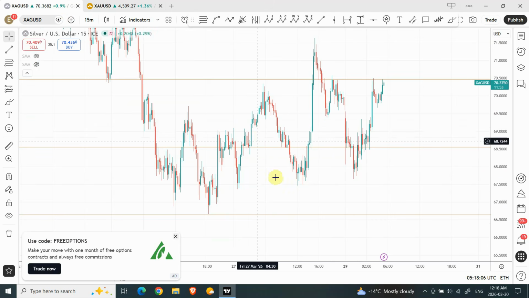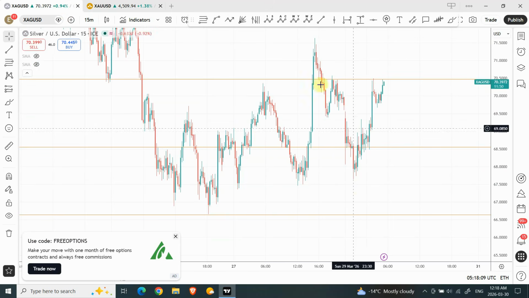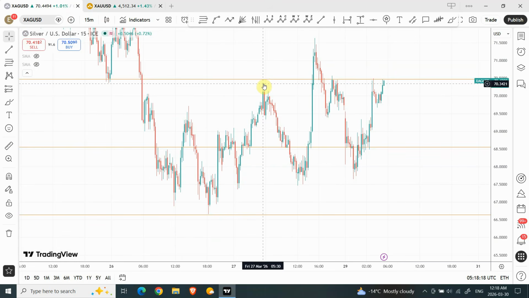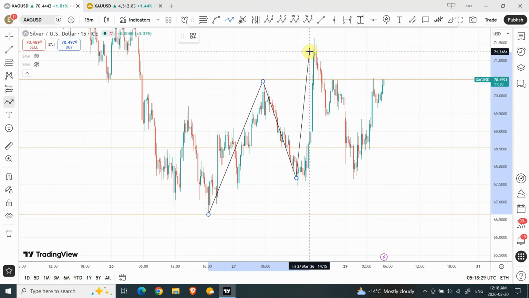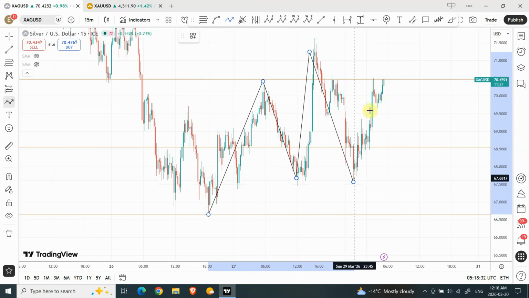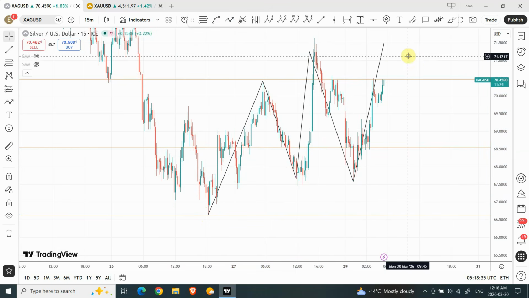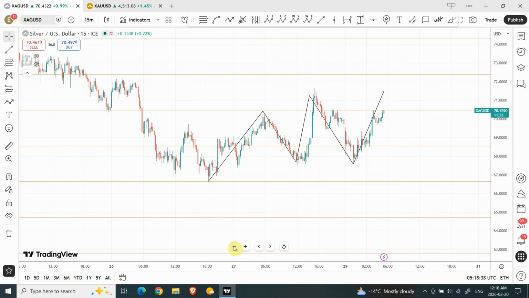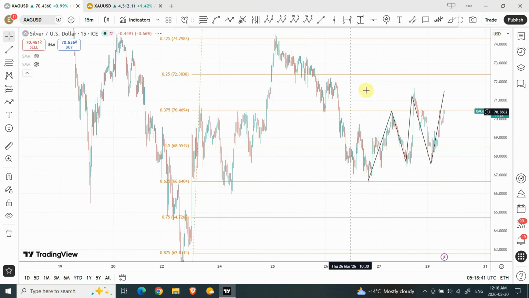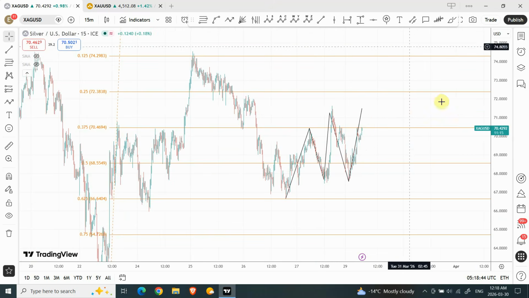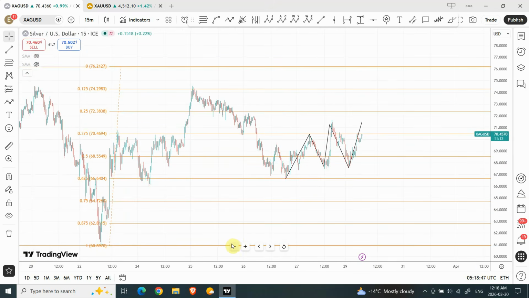Now, silver has interestingly shown the reflection. So it fell down and then it has bounced off sharply, giving us an indication that we are completing a structure that actually started from over here, the correctional structure. Okay. So which is right over here. Right now, I'm looking at this price from this, and I'll show you the pattern as well. From this bounce, we have seen the prices go up already. Okay, and once again, I'm expecting a clear five wave structure, starting from this bottom with one of the waves being more clearly divisible, same as we have shown on gold as well.